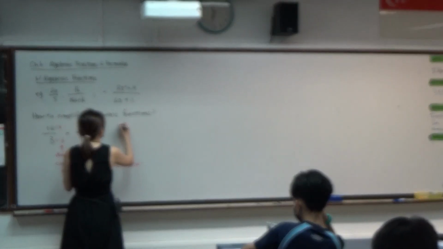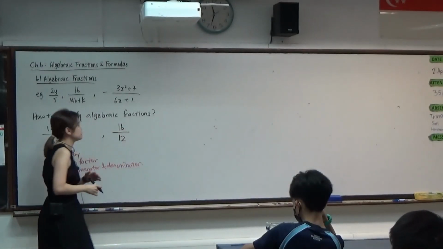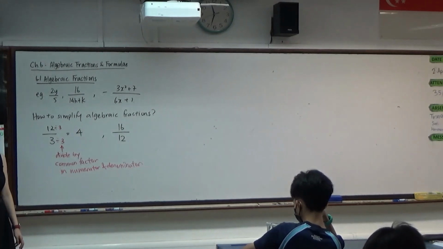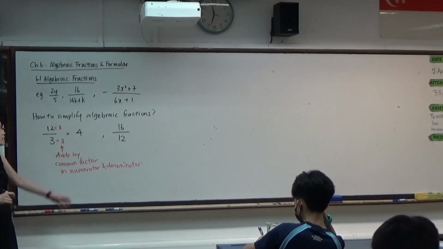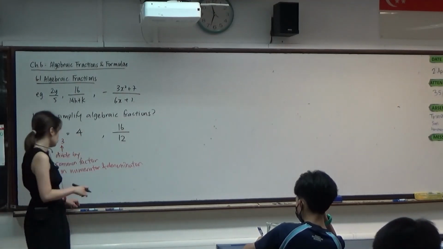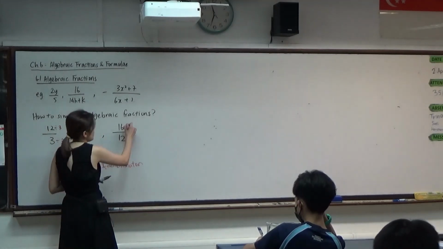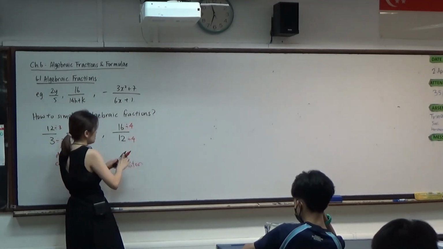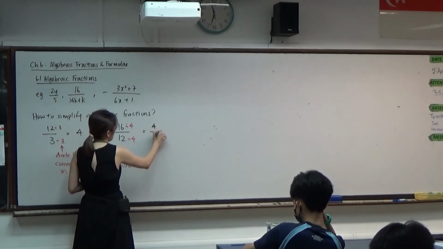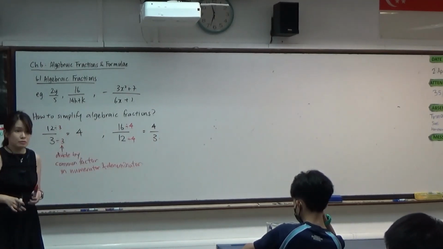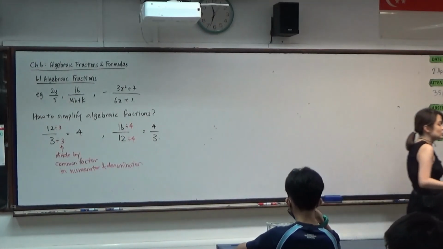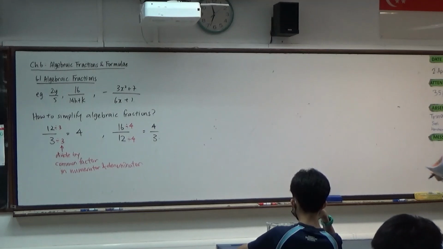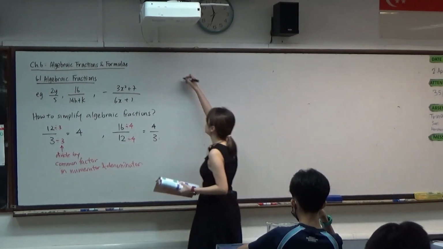Let's say 16 over 12. How do I simplify this fraction? What do I get? 4 over 3, right? Because I can divide by 4 on both the numerator and the denominator. So I divide by 4, divide by 4, and I will get 4 over 3. So that is a simplified manner. The same will actually apply when it comes to an algebraic fraction. So for example, if you were to take a look at practice now 1,